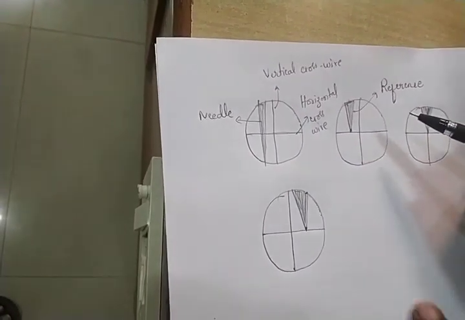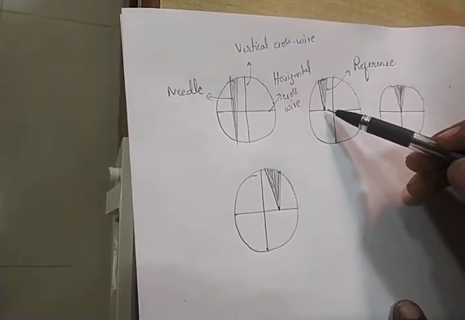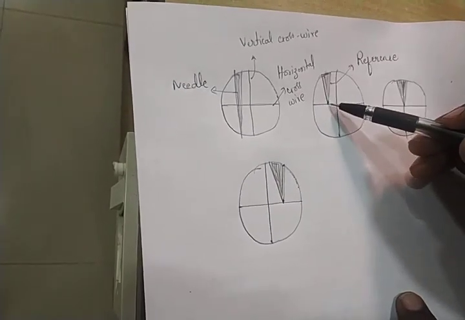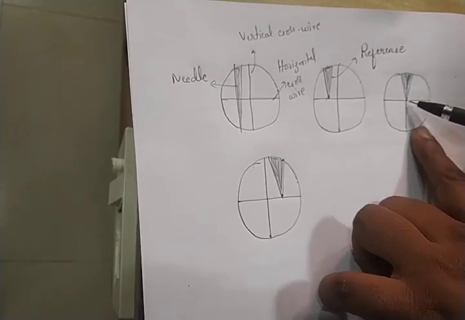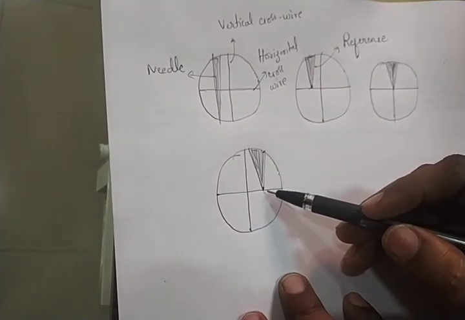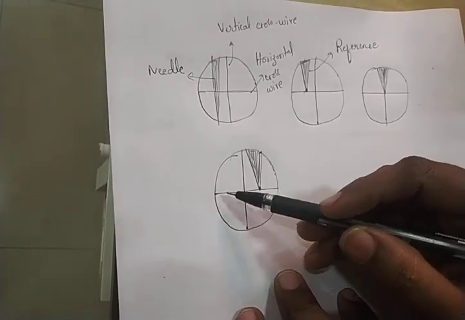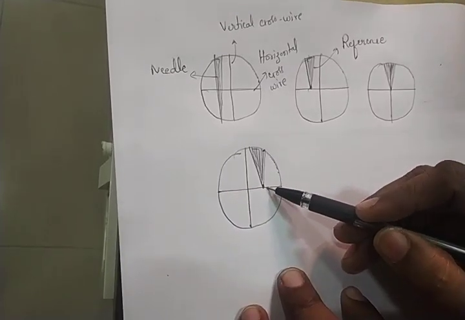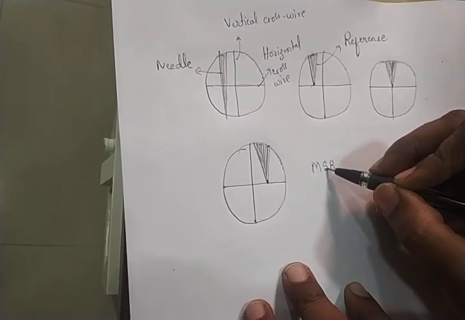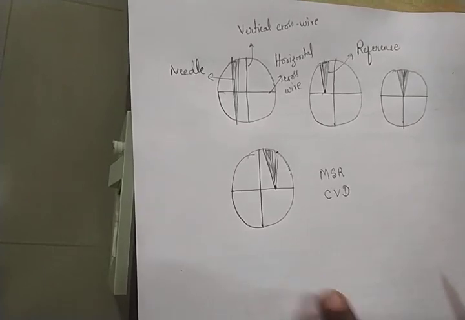Since it's only a vertical variation, there is no horizontal variation. Hence, you can consider that the tip of the needle can touch anywhere along the horizontal cross wire. One can consider the intersection between the horizontal and vertical cross wire as the reference, or one can take another position on the other side of the horizontal cross wire. Any point you can consider as a reference, so that at that point, for a particular load, you can measure the main scale reading and the coinciding vernier division.